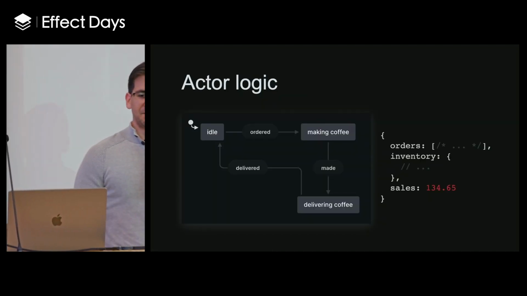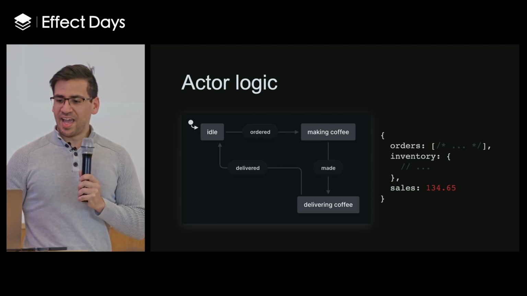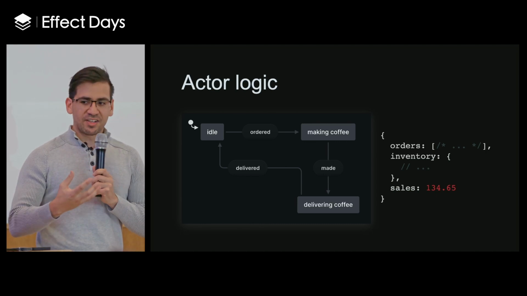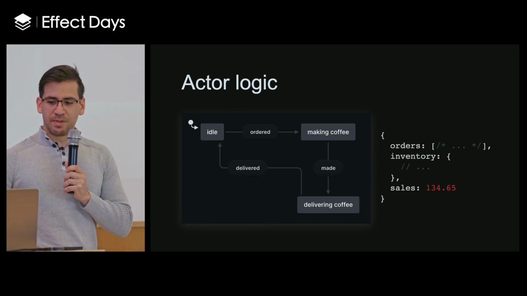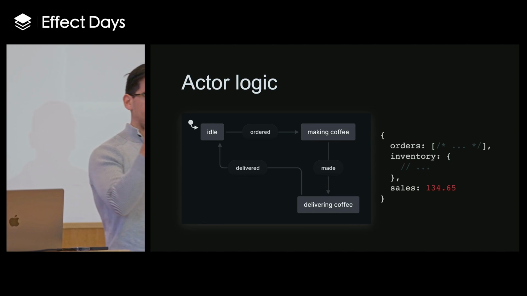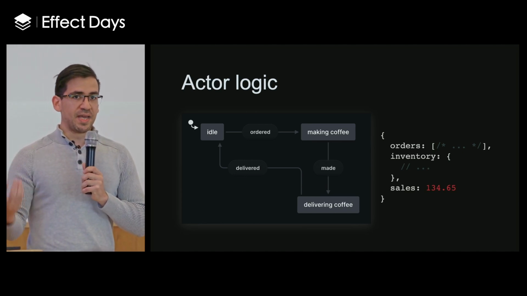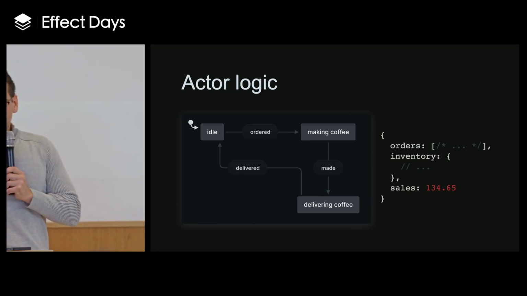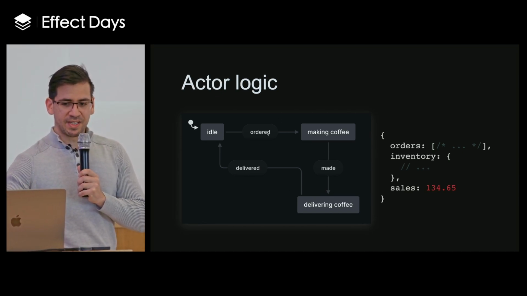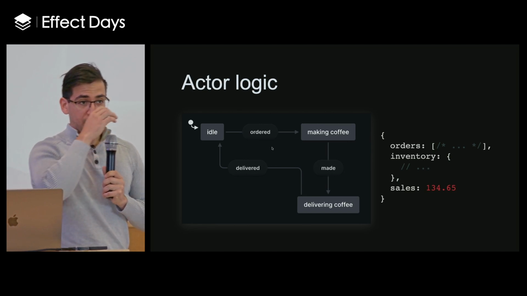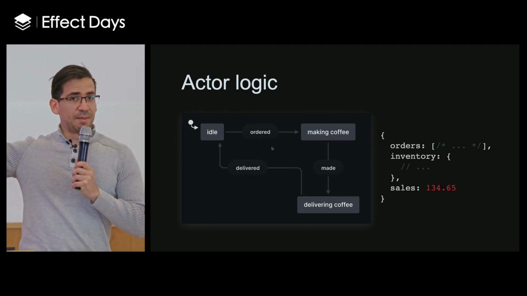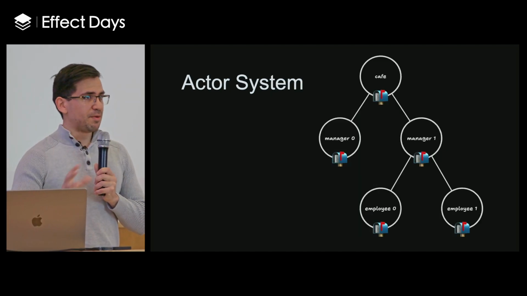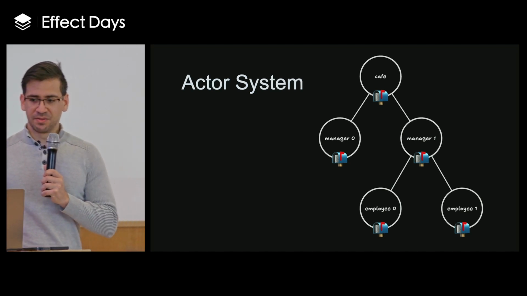So yeah. Actor logic is the thing that expresses how actors actually operate. This would be, for example, a barista. Let's say that a coffee was ordered. They would be making a coffee. But if another coffee was ordered, you see that there is no transition from the making coffee state with ordered. So they would be like, I'm sorry, I'm making a coffee. I'm not going to handle that event right now. But actor logic can be represented in many different ways, which I'll talk about soon.